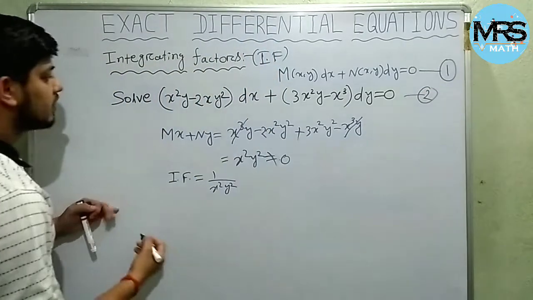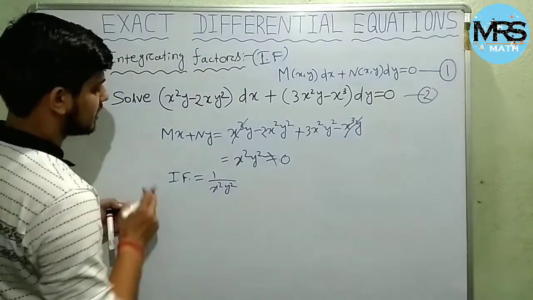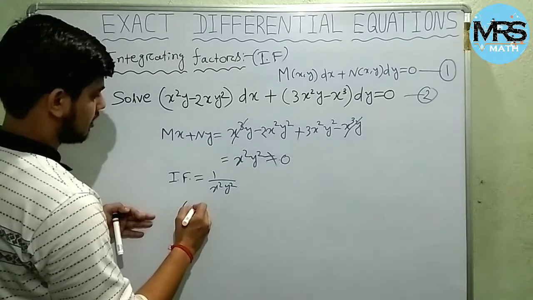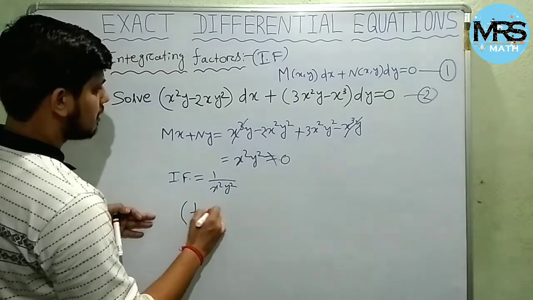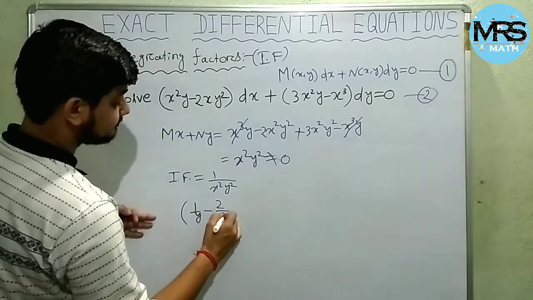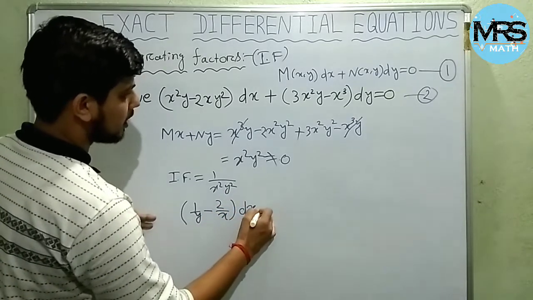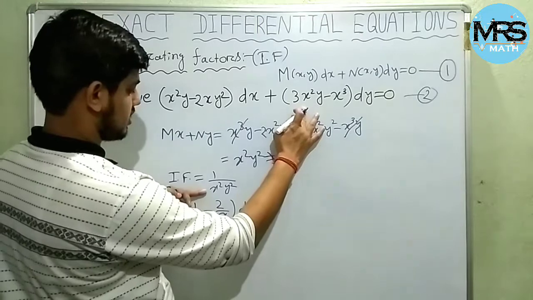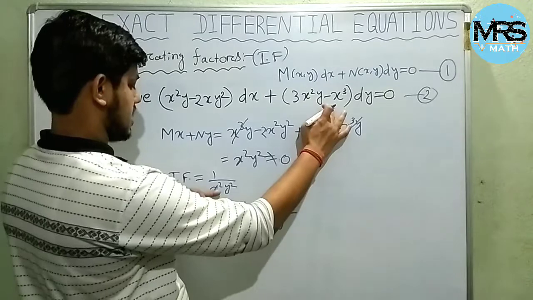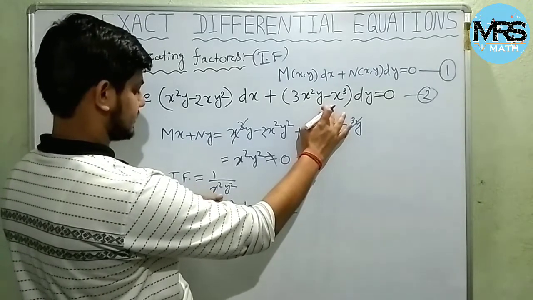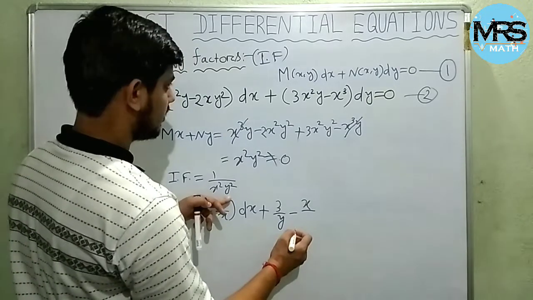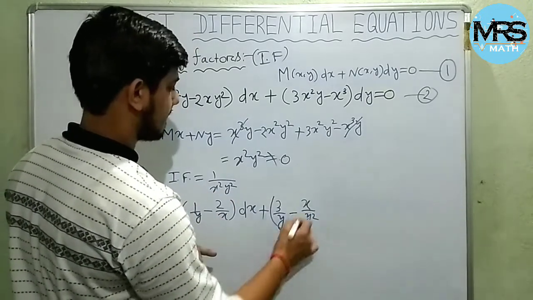If you multiply with this, then here x square will cancel, and you will get (1 by y minus 2 by x) dx plus (3 by y minus x by y square) dy